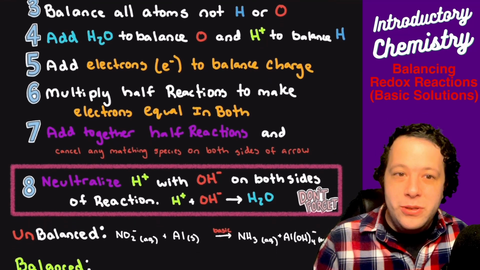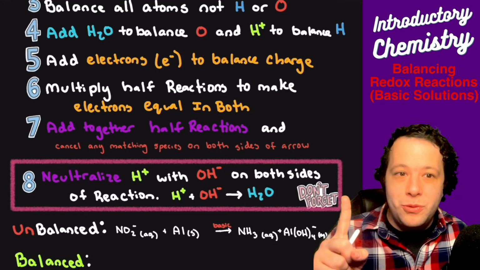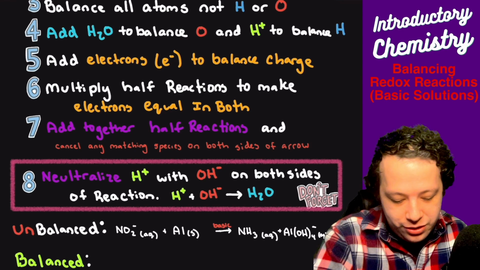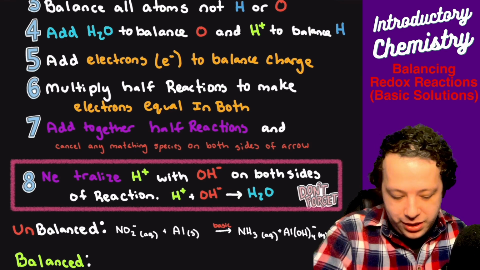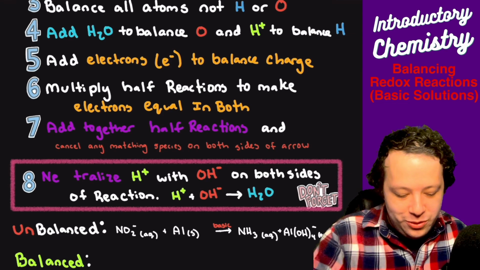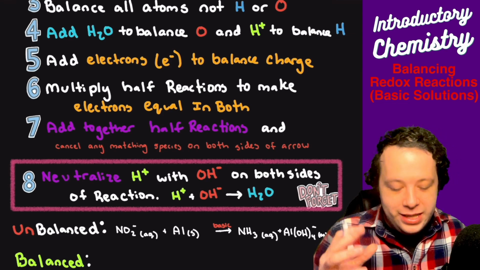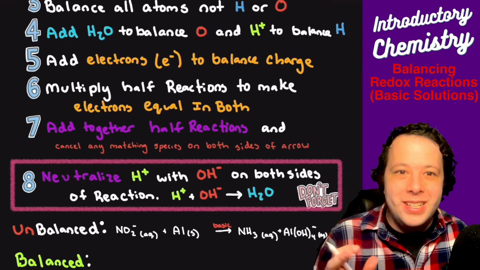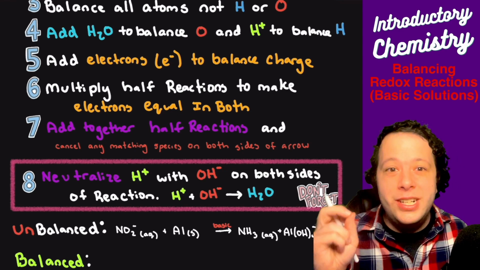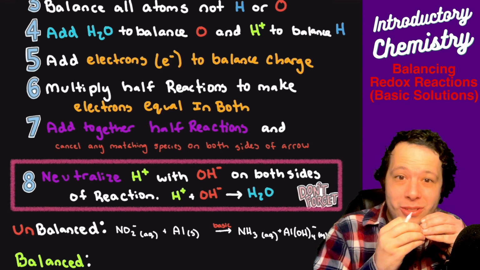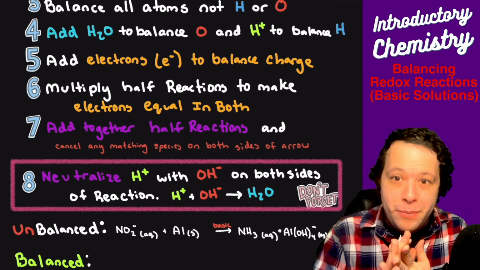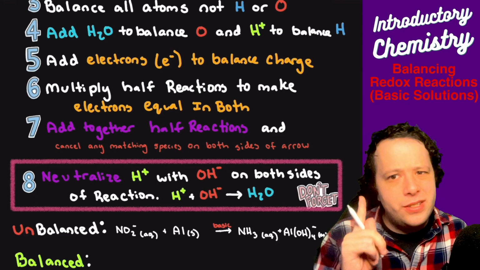And then once you do that, your last step, which sets this one apart from everything else, is to neutralize, which I guess would help if I spelled that correctly. I just noticed. So when you neutralize any of these types of problems, you're canceling out the protons with hydroxide. So they cancel, and that way it's going to make water. So keep that in mind. That's the trick to the basic one. It's just one more step.